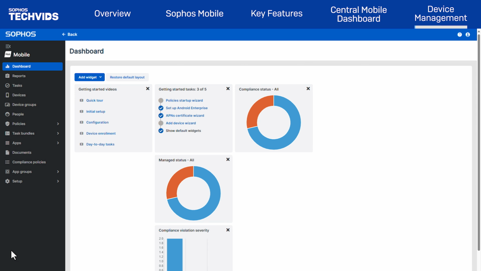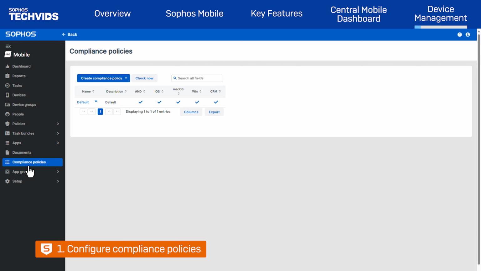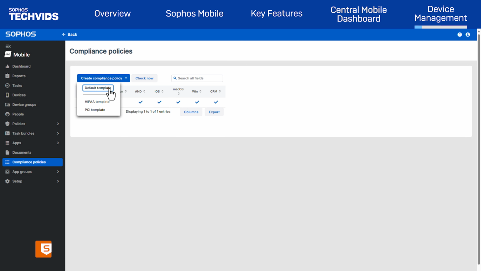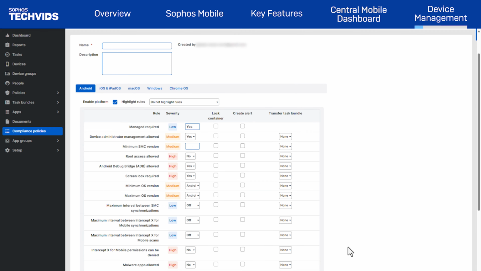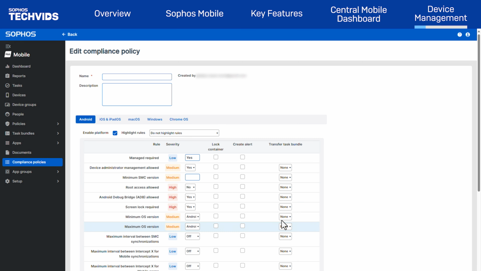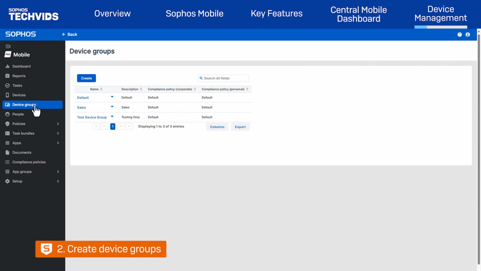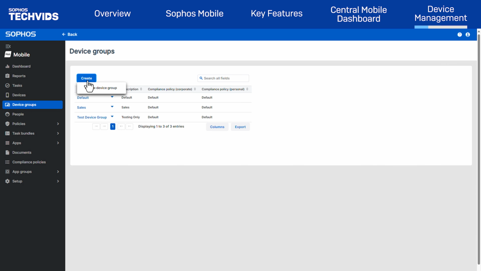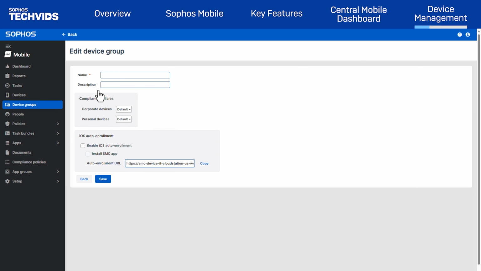Lastly, I'll cover the key steps to effectively manage your organization's devices using Sophos Mobile's management functions. First, configure compliance policies for your devices. These policies ensure that they adhere to your organization's security standards and regulations. Next, create device groups. These allow you to categorize devices based on various criteria.